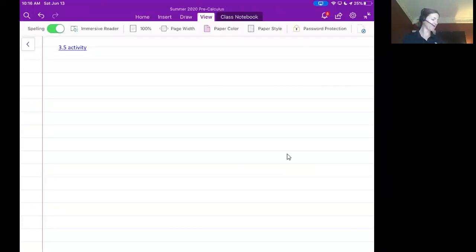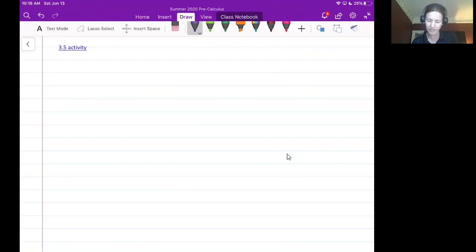Good morning. Today we're looking at section 3.5, which is one that you're going to need to be very hands-on with. I have a great tool for you listed here, and I've listed it as a link here in OneNote, but then I've also listed it as a link on our Canvas page. It is a place you can go in and play with these graphs, because what we're looking at here is the